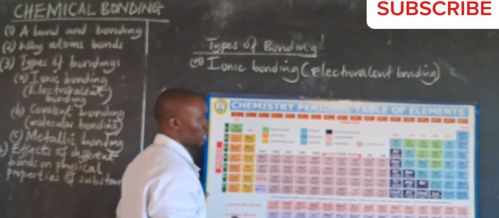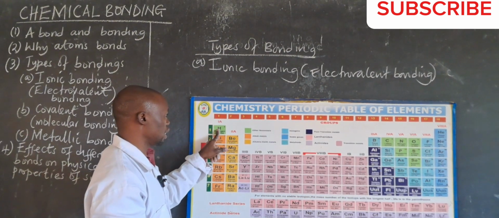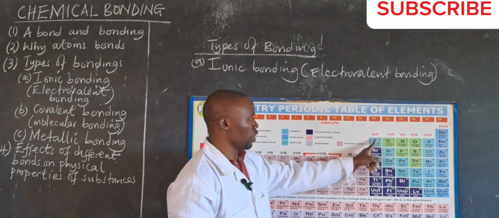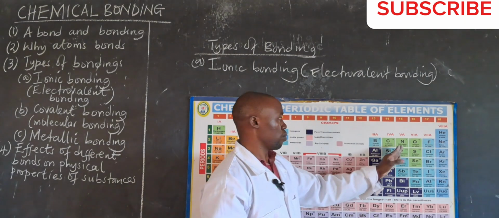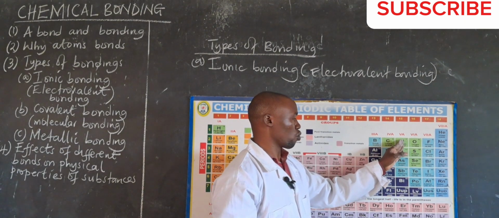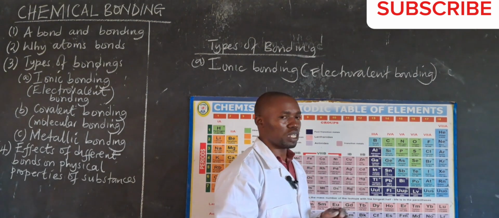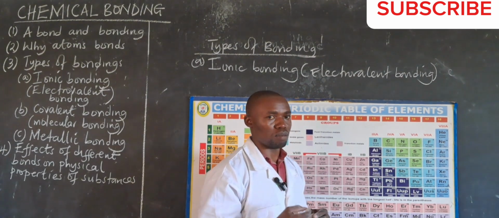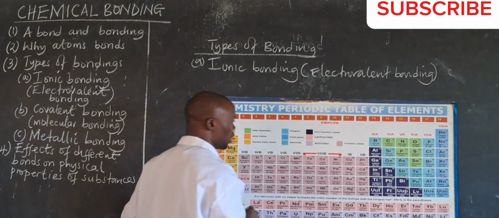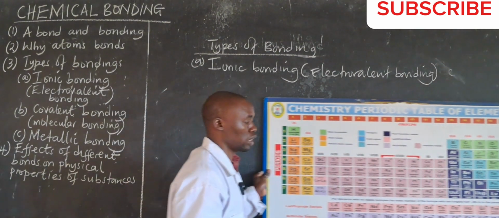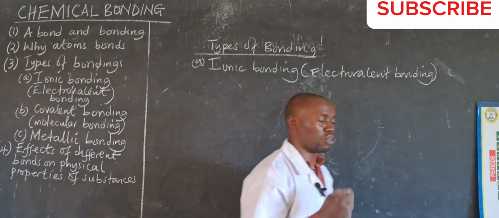Just a review of your periodic table here to make you grasp it well. Group 1 elements, this group and this group, normally consist of metal atoms. Then from group 5 to group 8, they consist of non-metal atoms. Group 4 is a mixture of metal atoms and non-metal atoms. So these are called the metal atoms, up to group 3, they have 3 electrons in the outermost shell. Then the non-metal atoms have about 5 electrons in the outermost shell.